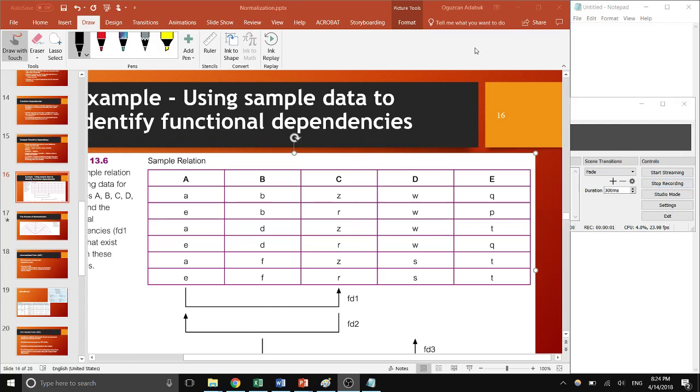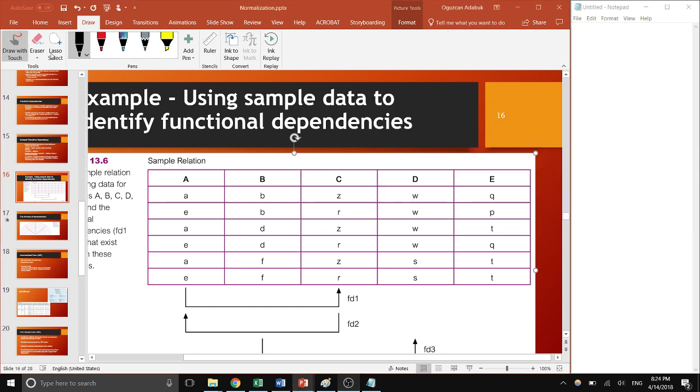Hi everyone, in this video I'm going to show you how to find functional dependencies with this example and how to find a key for your relation. So let's start with